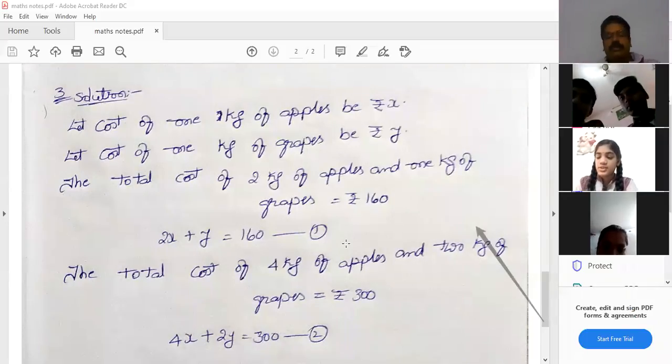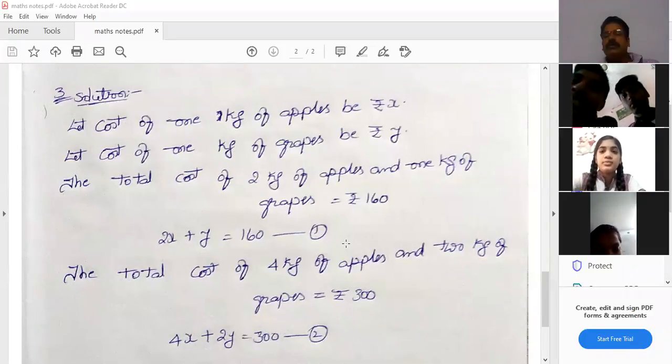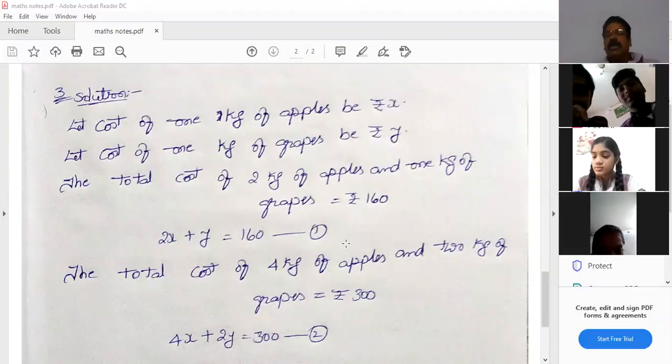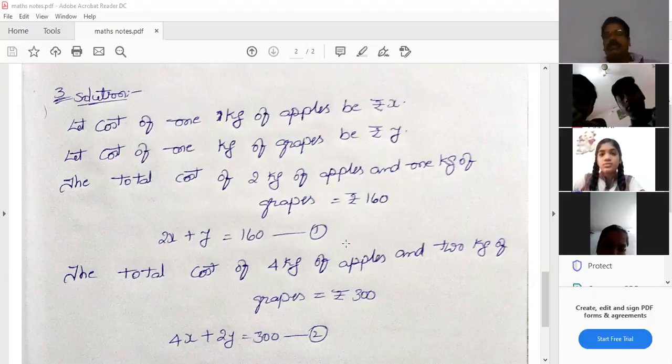First day, the fruit seller purchased 2 kg of apples and 1 kg of grapes. Total cost he asked. 1 kg of apples is X rupees, na? 2 kg means how much? Tell me. Unmute and tell. Litish. 2x. 1 kg of grapes, Y rupees. Total means 2x plus Y equal to how much cost given? 160. So the first equation is 2x plus y equal to 160. Understand? Litish.